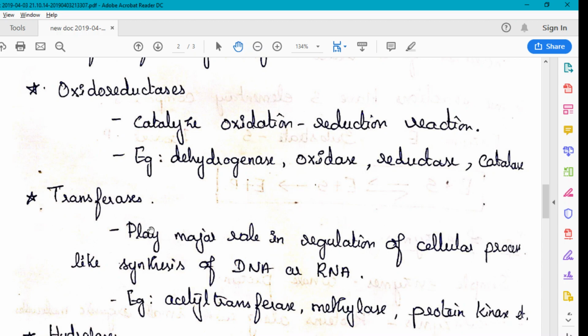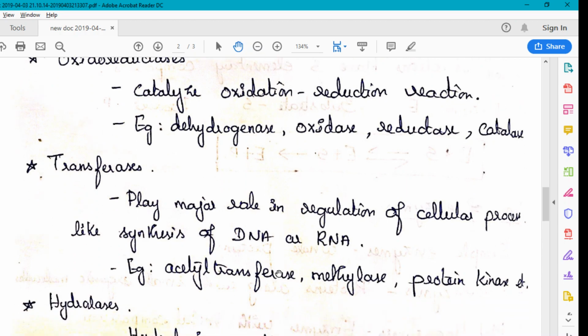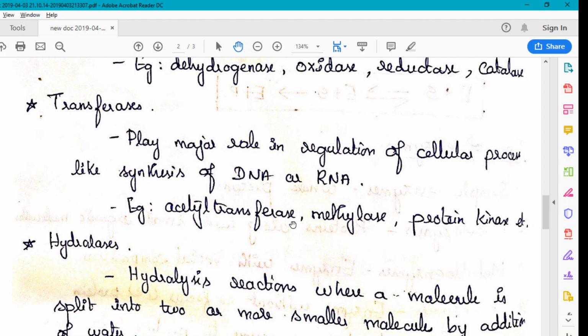These transferases play a major role in regulation of cellular processes like synthesis of DNA or RNA. For example, acetyltransferase, methylase, protein kinase, etc. These types of enzymes are involved in DNA or RNA synthesis because DNA or RNA synthesis requires an enormous number of enzymes